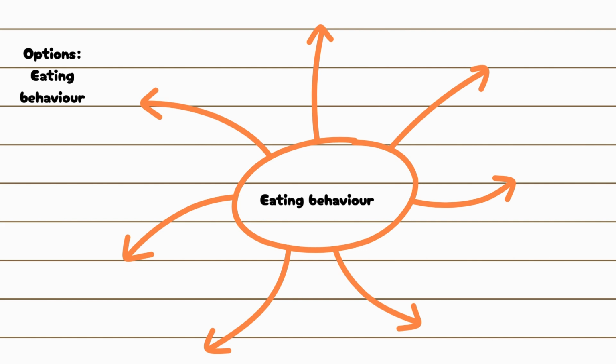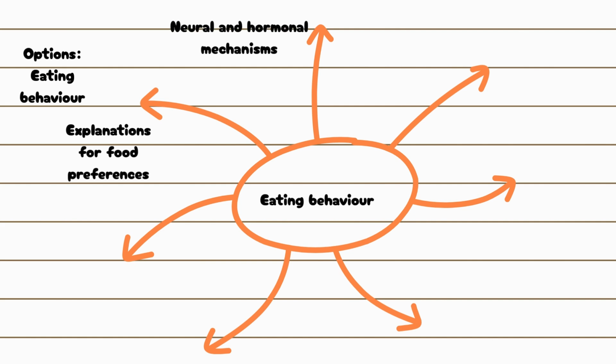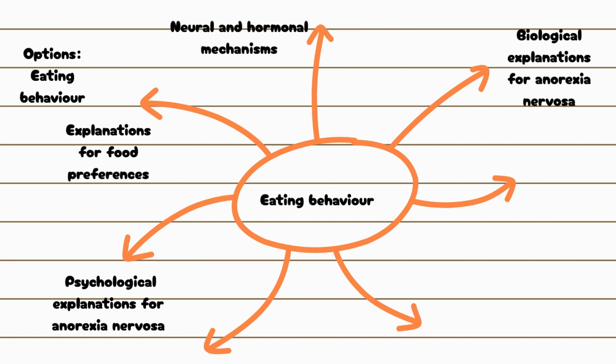Options. Eating behavior. For this topic you'll need to know the explanations for food preferences, the evolutionary explanation, including reference to neophobia and taste aversion, the role of learning in food preference, including social and cultural influences, neural and hormonal mechanisms involved in the control of eating behavior, including the role of the hypothalamus, ghrelin and leptin, the biological explanations for anorexia, including genetic and neural explanations, psychological explanations for anorexia nervosa, family systems theory including enmeshment, autonomy and control,